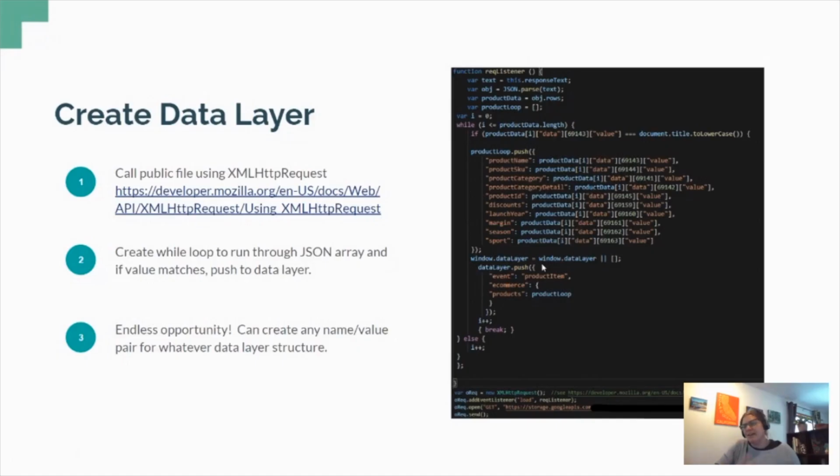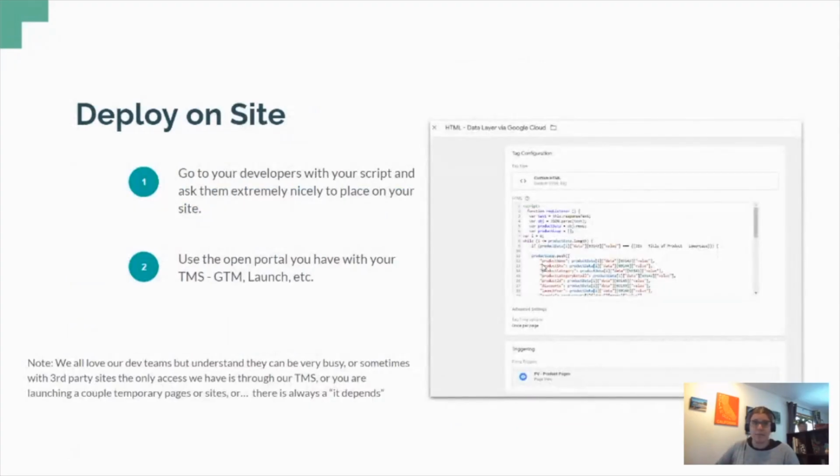But basically, you see I call it out as step 3. It's endless how you want to set this up. This is just really one example of how you can complete the process. From there, you just have to deploy it on your site. A little tongue-in-cheek, go to your developers and ask them really nicely to place your code